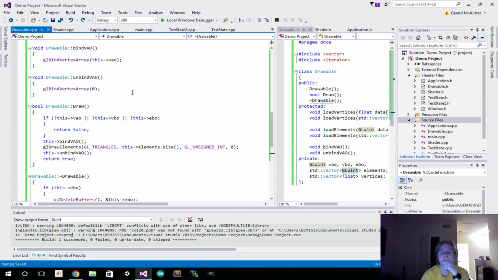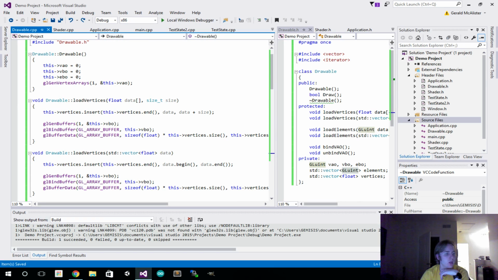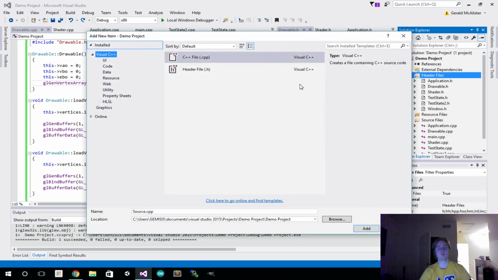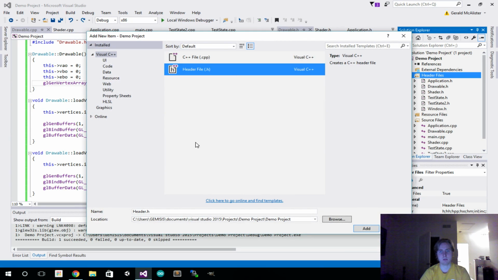Anyways, now that we've created our actual vertices and buffer objects and all that, we've got that all situated. Now it's time to actually go and create a shape. We're not going to create an actual shape, we're just going to create a test shape class. So we're going to have test shape,